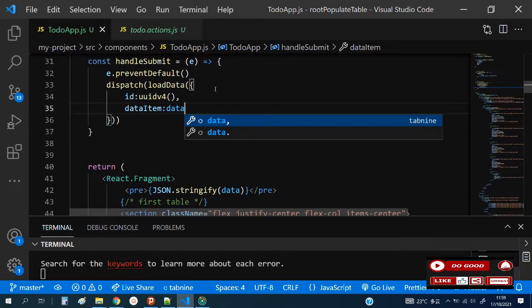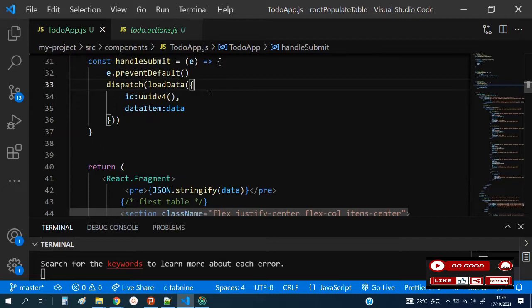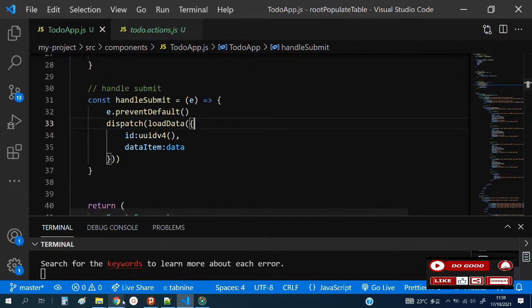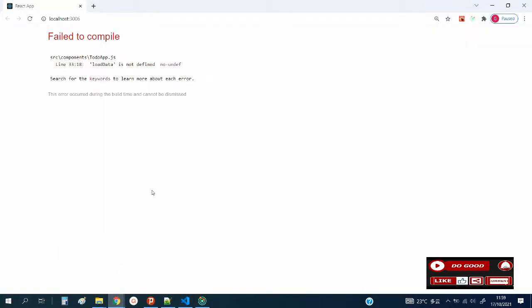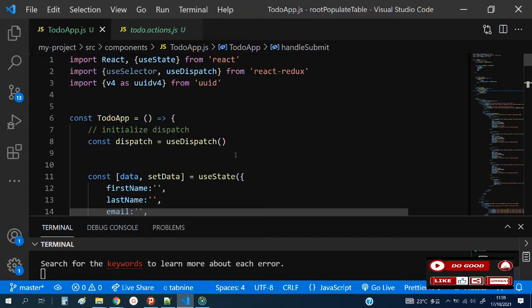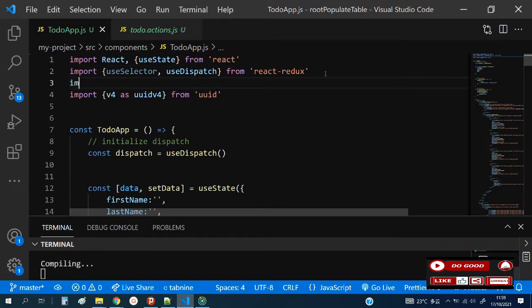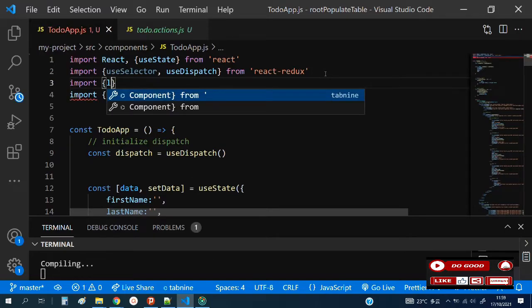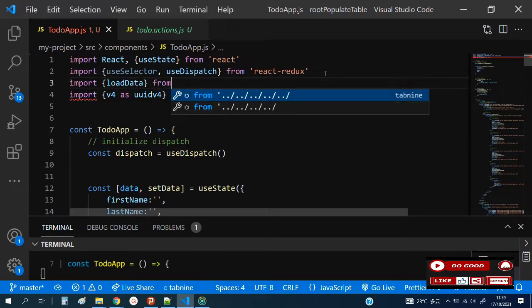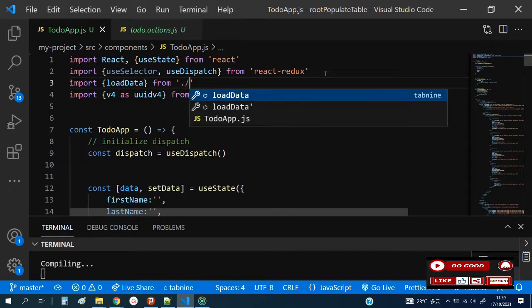Okay. So how do we check that? Let's check it out. Let's check the browser and type anything. There is a complaint. Load data is not defined. We didn't import load data. Sorry. So we say import load data from where? From